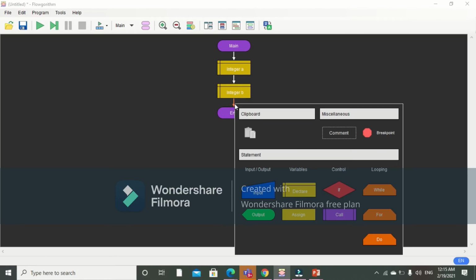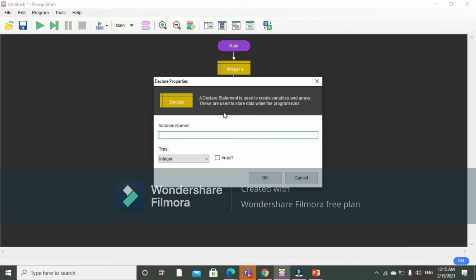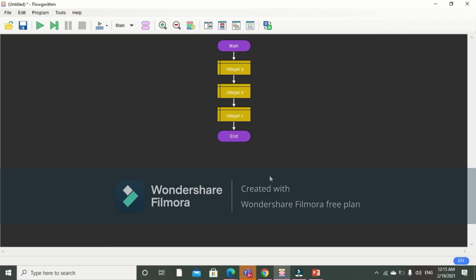Again I click on this arrow and I declare the third variable c. It will be integer also because I am using the number. So now I declare three variables. Now these variables are like a box where I will put my pencil or pen. Okay, so now, because this is integer a, integer b, integer c, now I will come here in